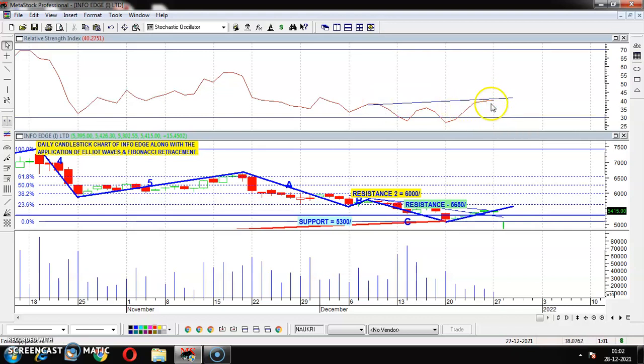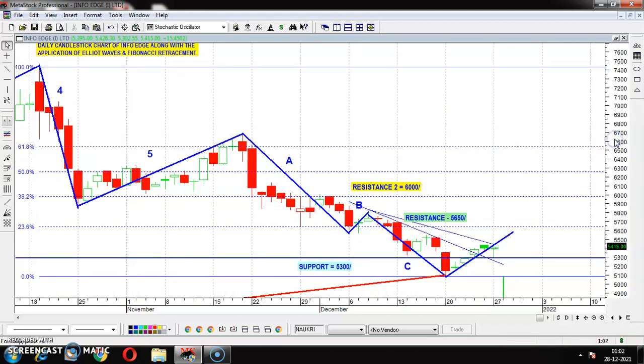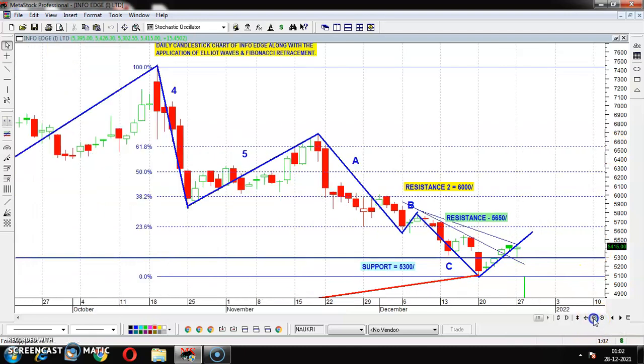So we should always follow this particular momentum indicator. Momentum is saying there is a possibility to go towards the upside, because there is a positive divergence we saw. This is called a positive divergence. So as far as the RSI part is concerned, we are bullish, right? So this stock is bullish.